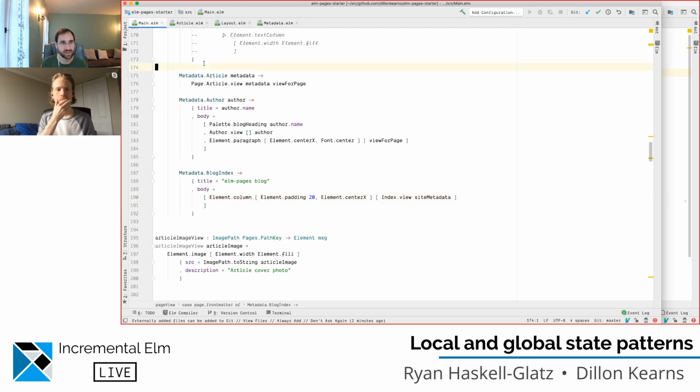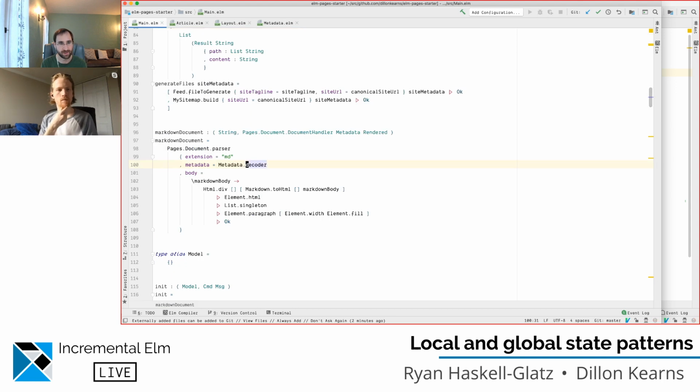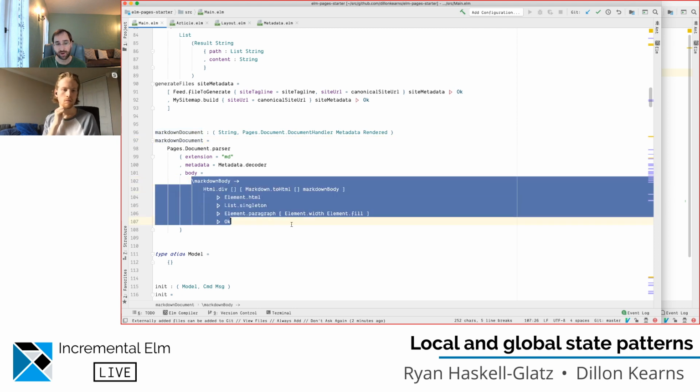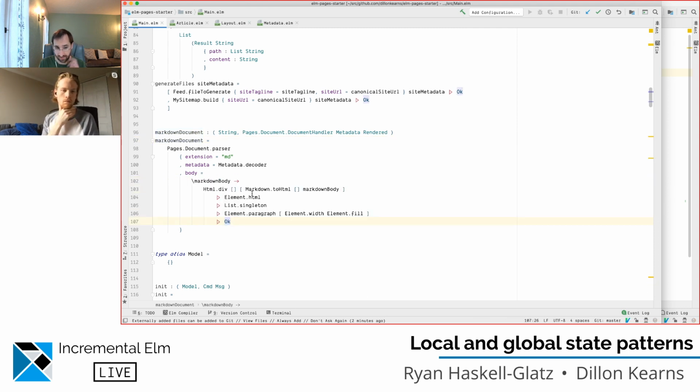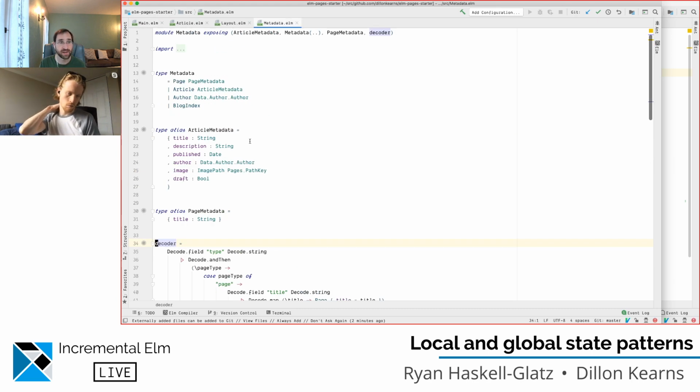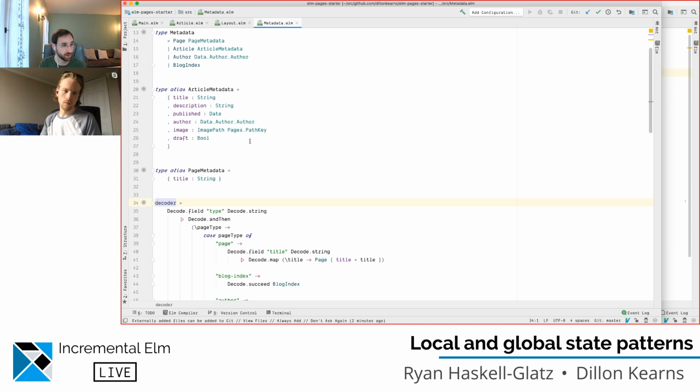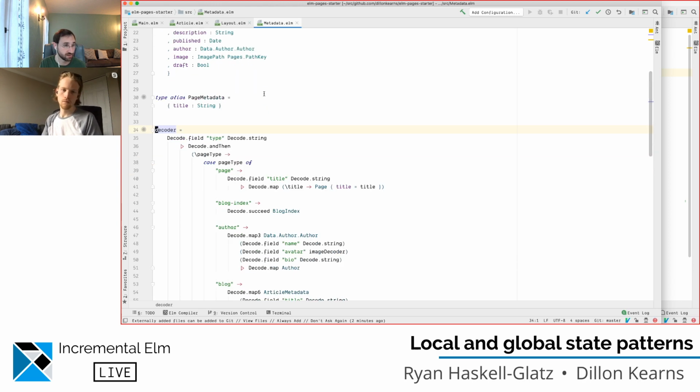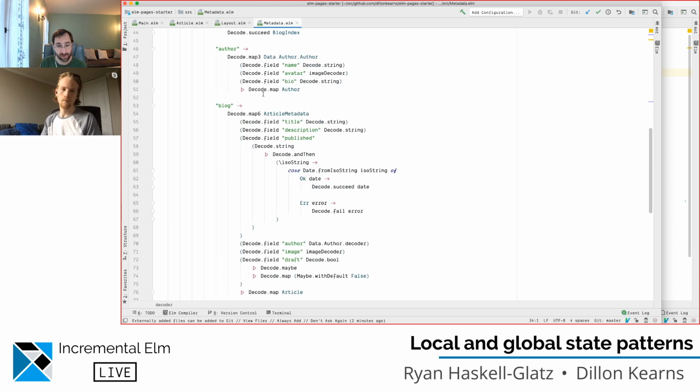Well, it's the same thing with Elm pages. So like our decoder, I'm wiring it in. So I'm saying, here's how you parse a markdown document. I'm just using the Elm Explorations Markdown package. And then here's how you decode the front matter for files with this extension, .md. That's all it is. So I'm just passing it a decoder. It has the right type, so I can manage this however I want. I can decode to whatever type I want, and I'm just going to get the front matter as JSON, and then I give it a JSON decoder that says how to decode it. And if it fails,